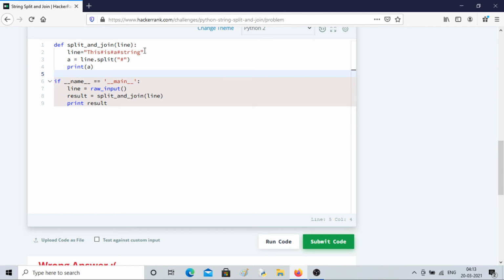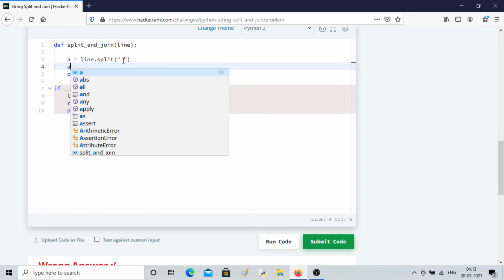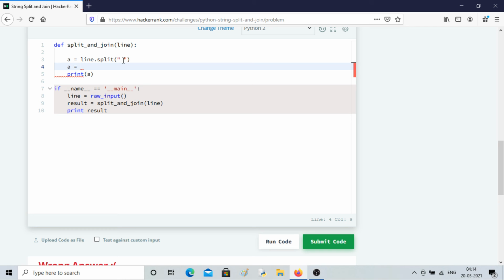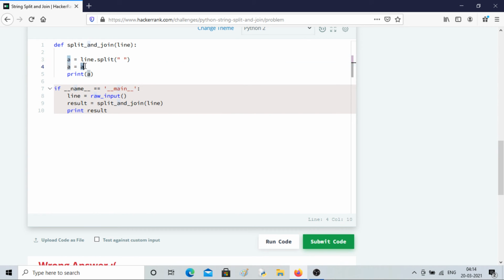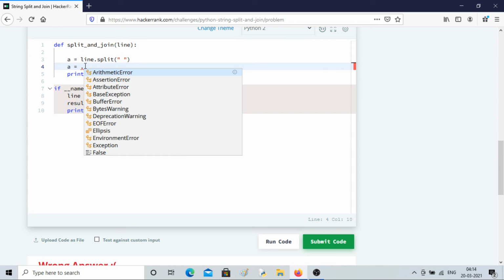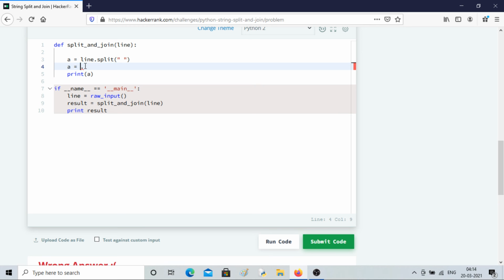That was not required. So we know now how split works, and this is what we require. Now I'll write another line. This time I'll take this a and do dot, what I have to do, no sorry, join. I have to join, right? So I'll take dash dot join, this string a.